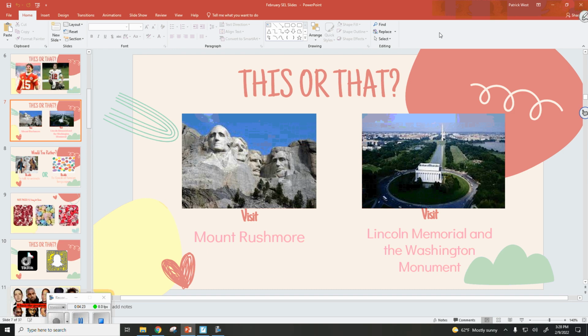True. Yeah. I've actually been to both the Lincoln Memorial and the Washington Monument. I've been to Washington, D.C. a couple of times, and I love that city. It's so nice. I spent a lot of my time there in the Smithsonian, but I did visit both of those locations there. Has anybody ever been to Washington, D.C.? Cool, very cool. Did anybody already visit either of these locations? Okay.